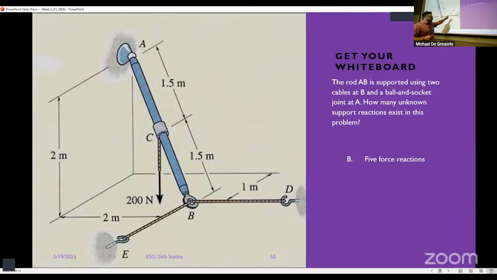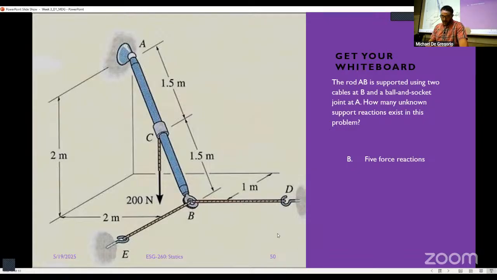And so there have to be forces that come off of those and no moments, 2 more. So it's 5. Okay, 5 reactions. All of them forces. Yeah. Yes. But they're all forces. There's no moments. Because if the cables weren't there, you could rotate that around any of the axes that you wanted because of the nature of a ball and socket joint.